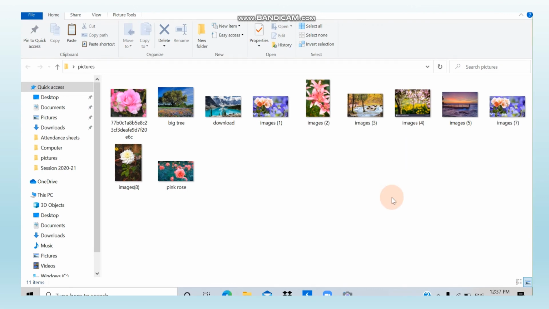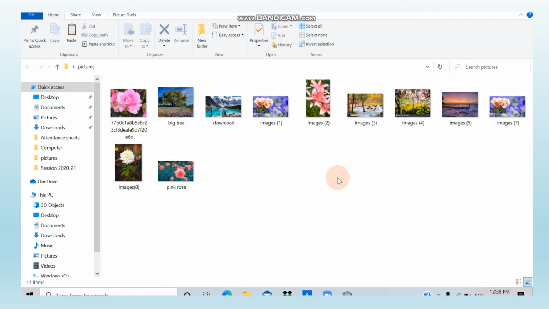Children, now let us learn how we can create a shortcut on our desktop. You can see many pictures are there here again and this is our new folder. In one folder, I have kept all these pictures. Now I want to send one to the desktop.